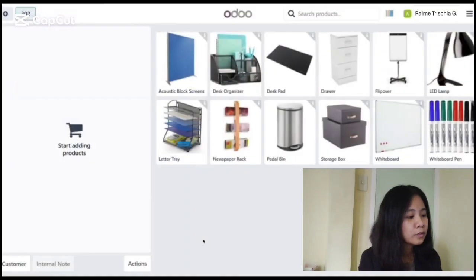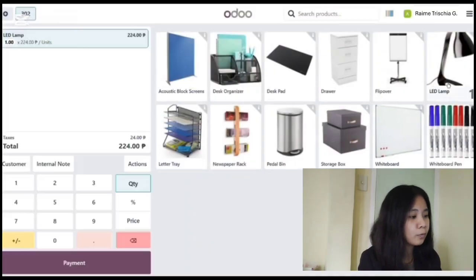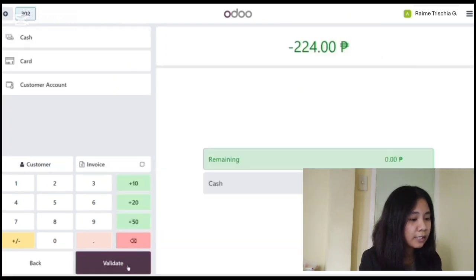Someone wants to return the item, we will create and the item and the one quantity, then we will create or click the